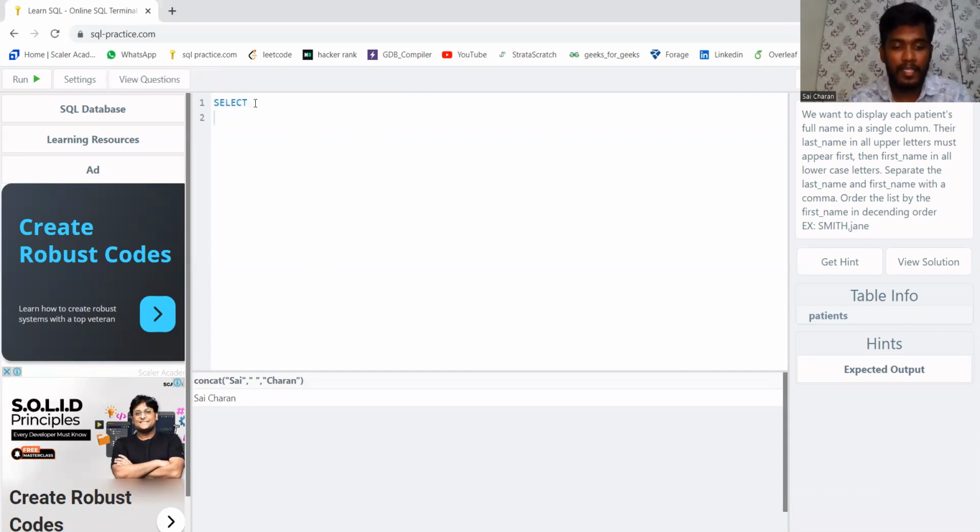Okay. Select from, and as they're asking to order it, we need an ORDER BY clause. From which table are we extracting? That is the patients table. Now select. They are asking that the last name in upper letters must appear first. So first we should get the last name. So CONCAT of the other two, where the last name should be in upper. So what I'm doing, UPPER of